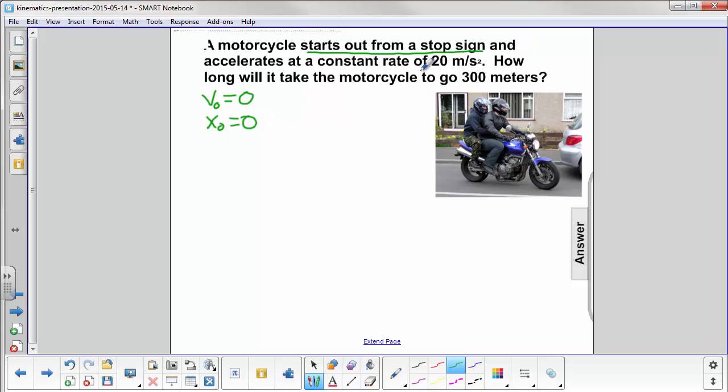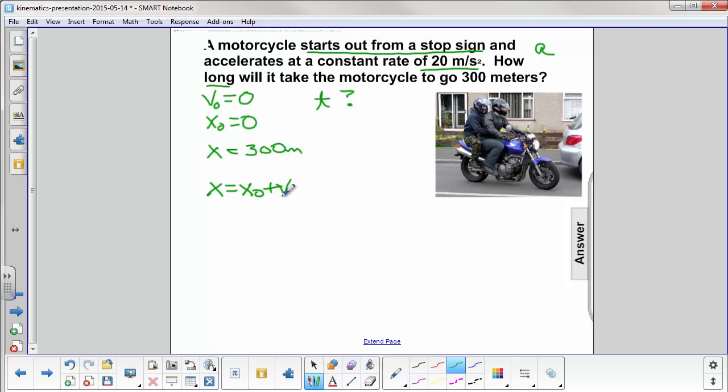It accelerates at a constant rate of 20 meters per second squared. How long? They want to know what time it takes to go 300 meters. So 300 meters is going to be your final position. So here's our givens. We look at our second kinematics equation,